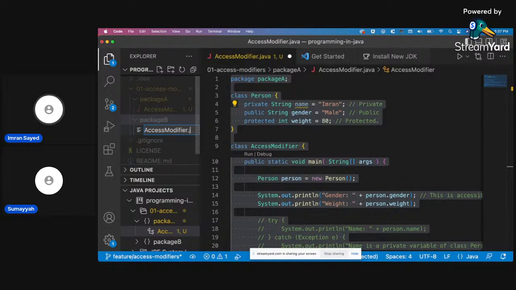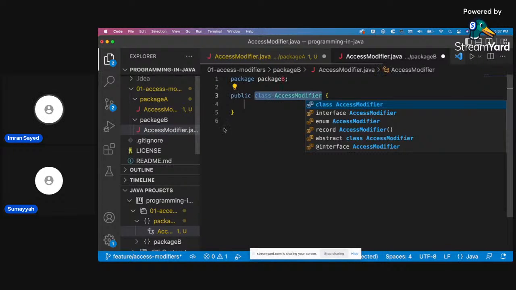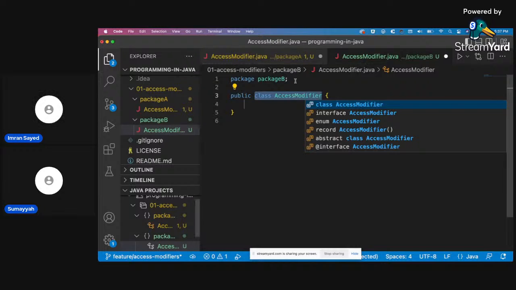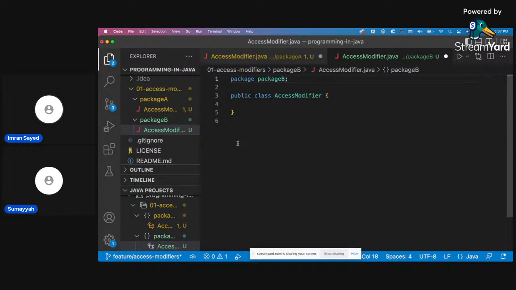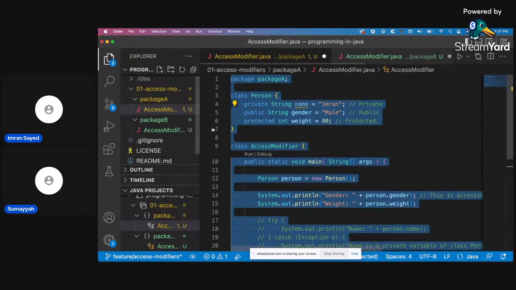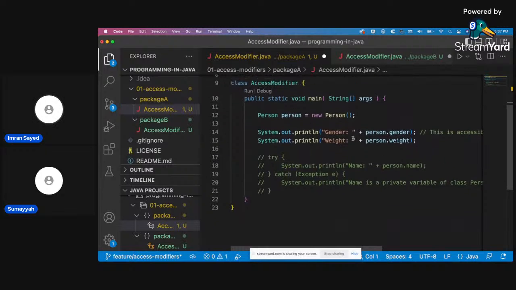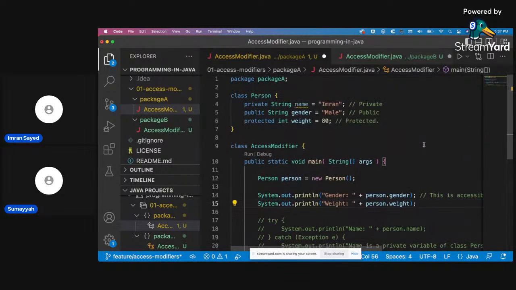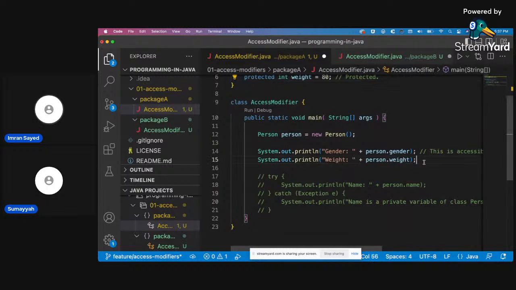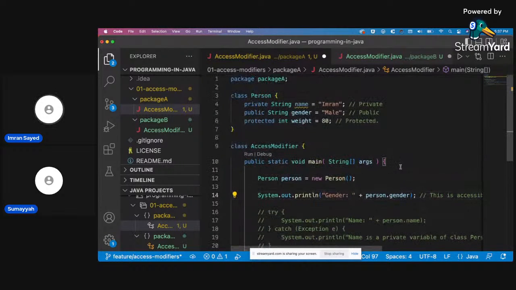I'm going to use the same name because they are in two different packages, so I think it's okay to use the same name. So this is protected. I'm not going to call it here. I want to keep it simple. I don't want to create functions and stuff. I'll just use variables to keep it simple.